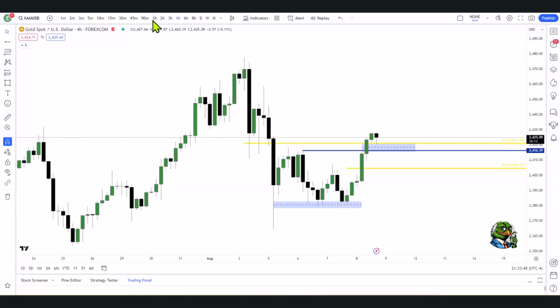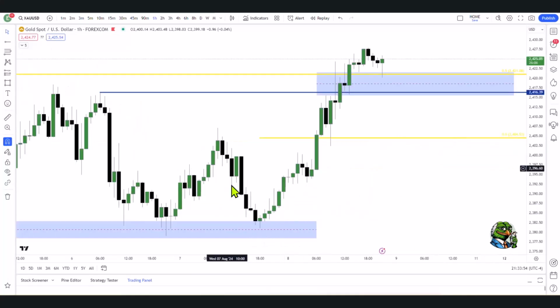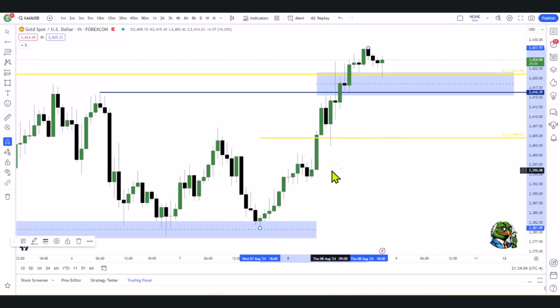Use the range, trying to identify the low and the high. You've got to make sure the low you're choosing is a low that's taken out liquidity, okay, of that leg that you're looking at, and the highest high within that leg. What I can see is this fair value gap, this low just above that fair value gap makes it high